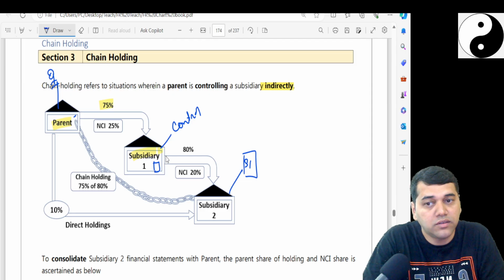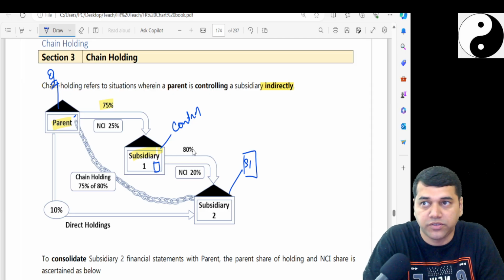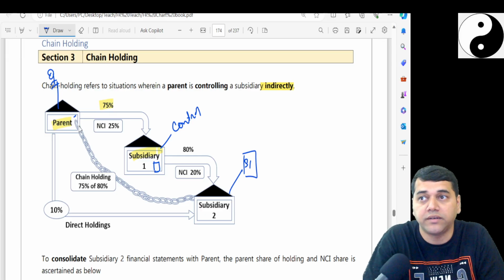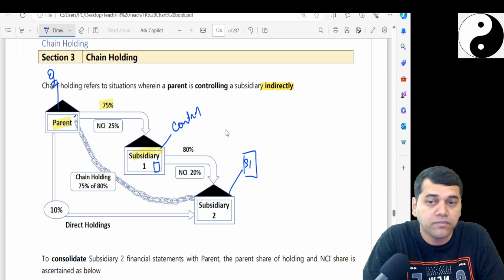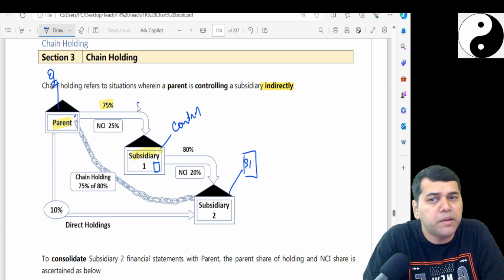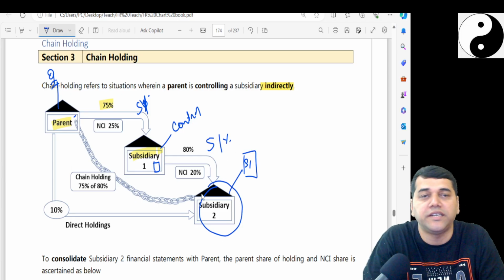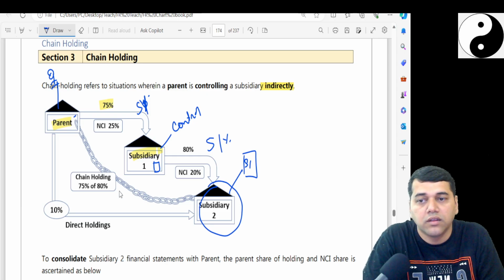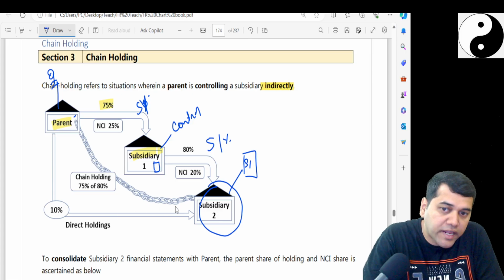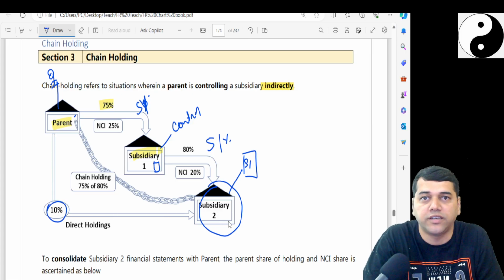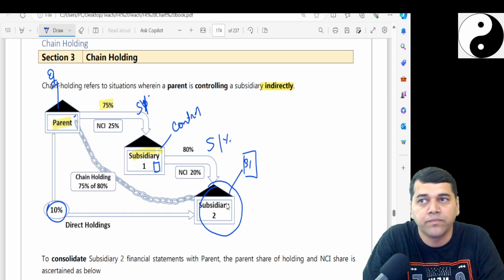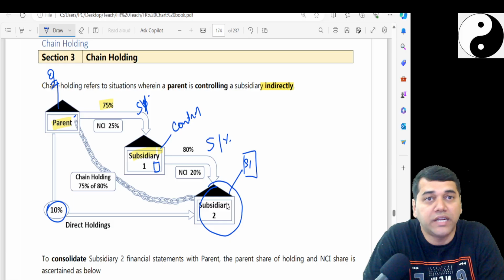Now since subsidiary 2 you are holding 80%, who controls subsidiary 2? S1. Who controls S1? Parent. See, through this, with just a simple majority, maybe you are holding 51% here, 51% here, with this simple majority you will be able to control another entity. Maybe you are directly holding some portion also in this entity. You have seen that with an associate. What is your effective interest?